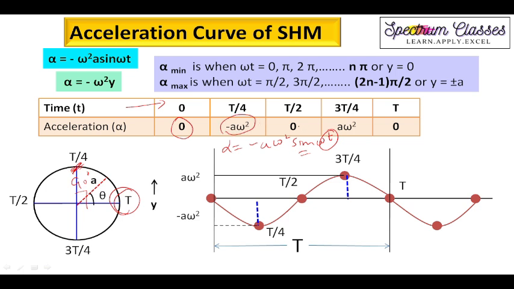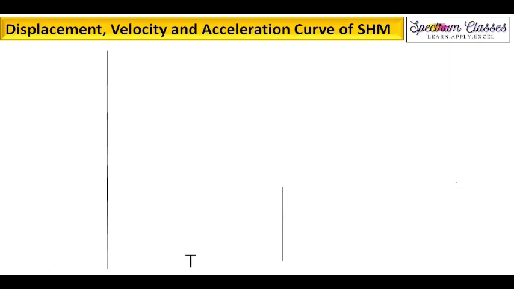Now on putting the value of omega t equal to pi, the angle is pi only, so at this moment acceleration will be 0. At 3 pi by 2, it is 270 degrees and sine gives us minus 1. So minus 1 times minus a omega square gives us plus a omega square. Then at 2 pi it is 0. So we are just going to draw the curve in this manner. This is acceleration in the plus and minus direction, and this is time. So this kind of graph we will get, right?